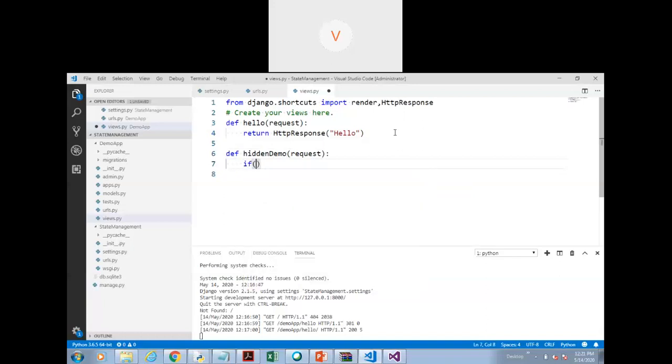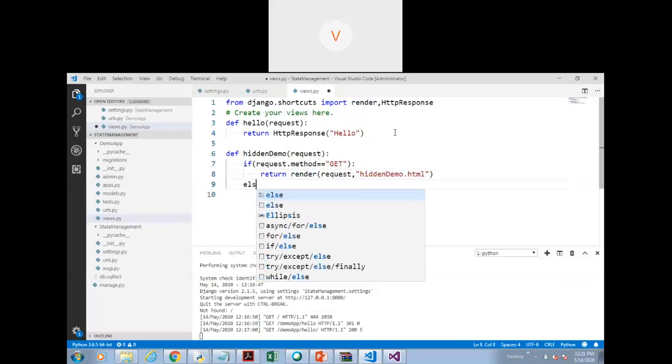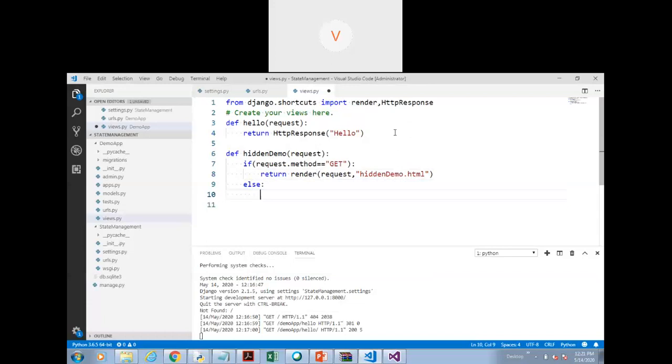So we will check if request.method equals GET, then we return render hidden_demo.html. First parameter is request. This time I am not passing any data. Else, we have to accept the values of username and password.